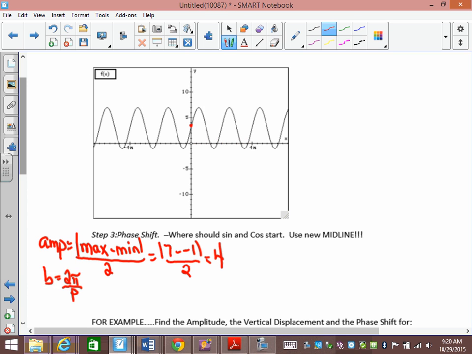So if I go from here, past max, past min, back up to that value, correlates with that. Well, what is that? Pi over 3, 2 pi over 3, 3 pi over 3, 4 pi over 3, 5 pi over 3, 6 pi over 3, which is 2 pi, right? So it just happens that